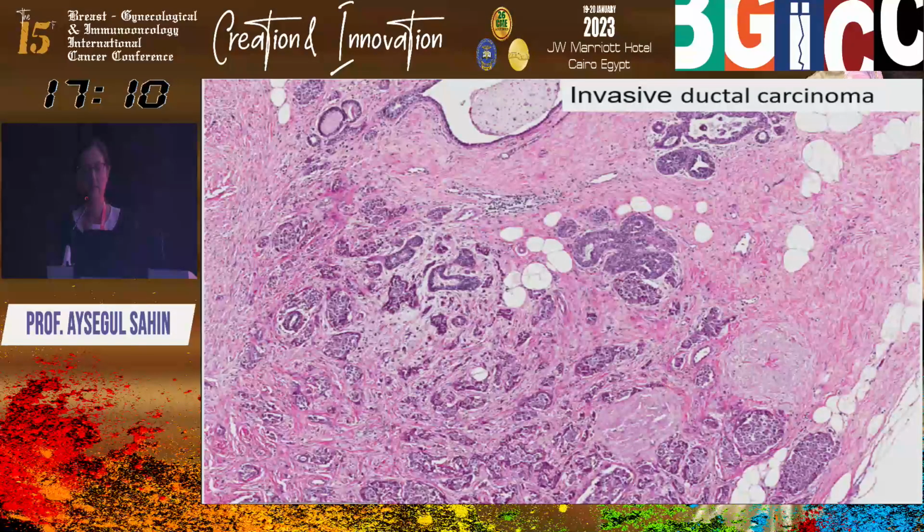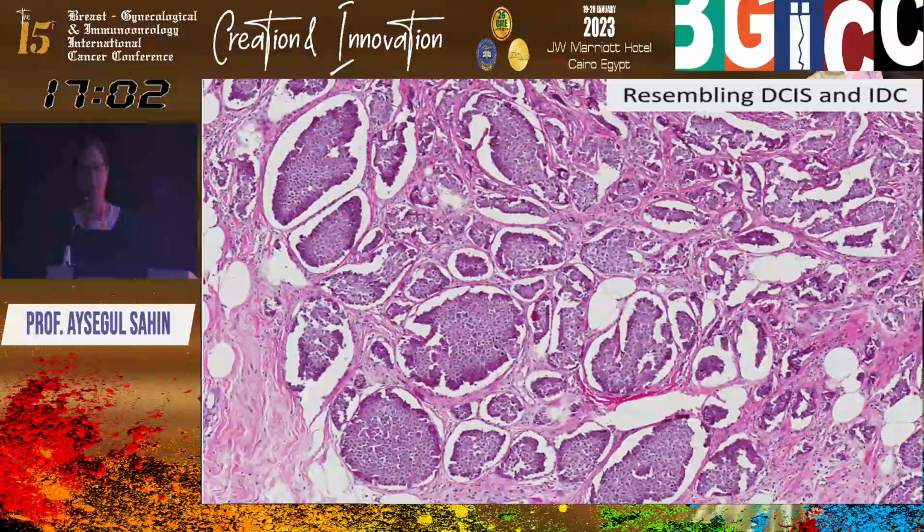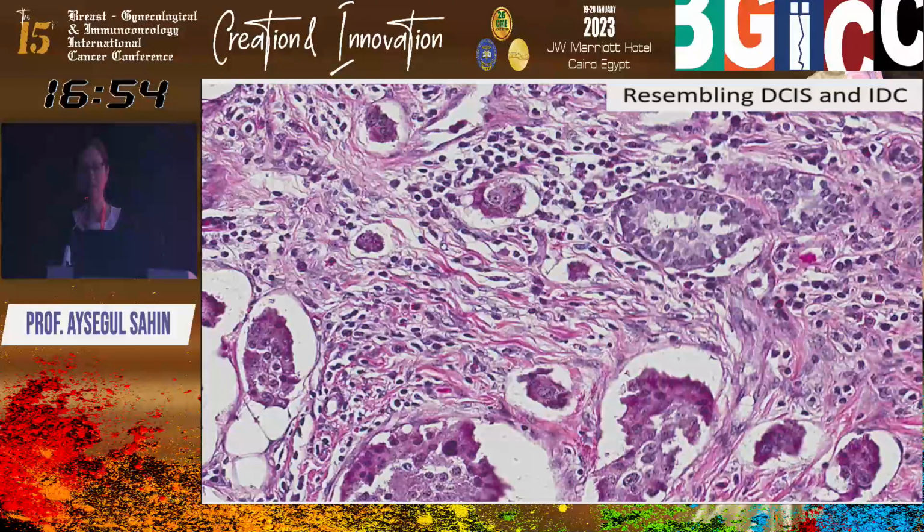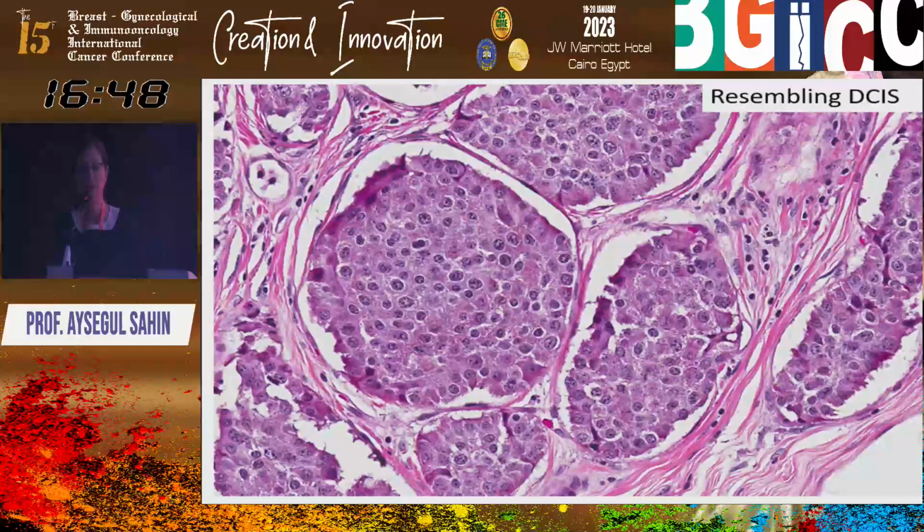She had adjuvant therapy. And this is her lesion. And it had solid areas and areas of retraction, and some of the areas were interpreted as DCIS associated with invasive cancer,